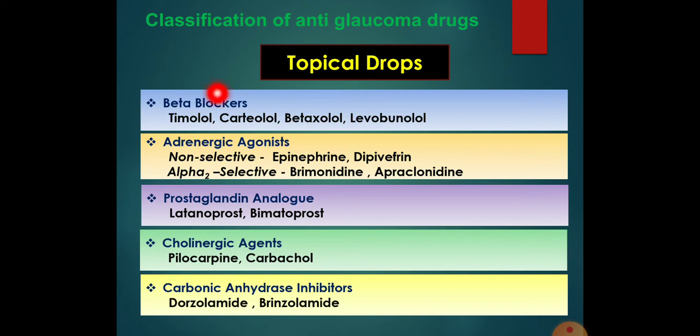Timolol is basically a prototype of ocular beta blocker, a non-selective beta 1 plus beta 2 blocker, and has no local anesthetic or intrinsic sympathomimetic activity. The ocular hypotensive action becomes evident within 1 hour and lasts for 12 hours. After chronic dosing, you will see that the action is smooth and well sustained. Some effect on intraocular tension persists for 1 to 2 weeks. This feature, in contrast to pilocarpine drop, which is a miotic, gives a high level of clinical safety, and 1 or 2 missed doses will not affect intraocular tension.